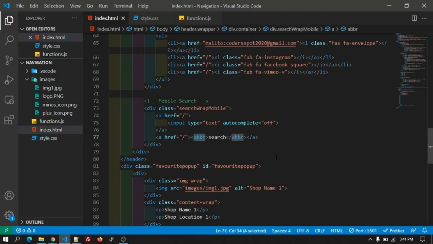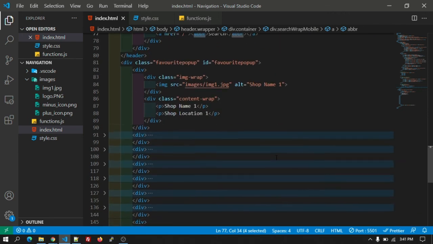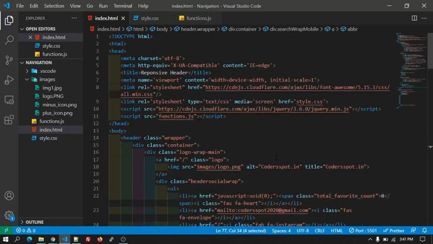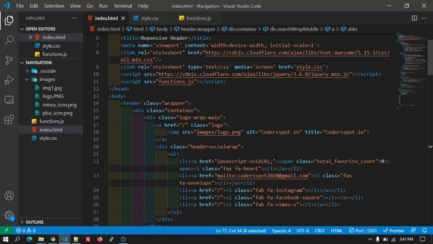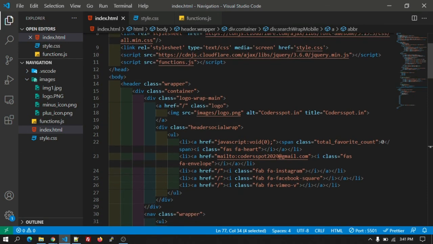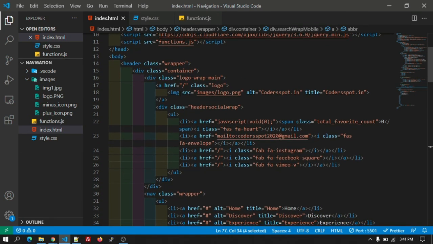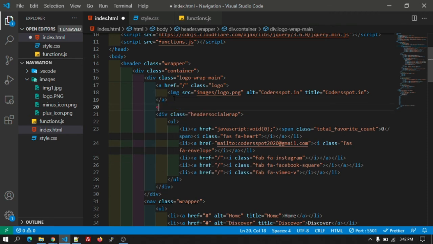Okay, let's have a look at the final header that we have created. Let's take an overview. Okay, this will be the desktop social icons.